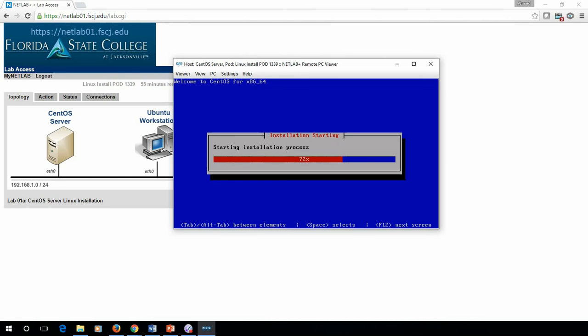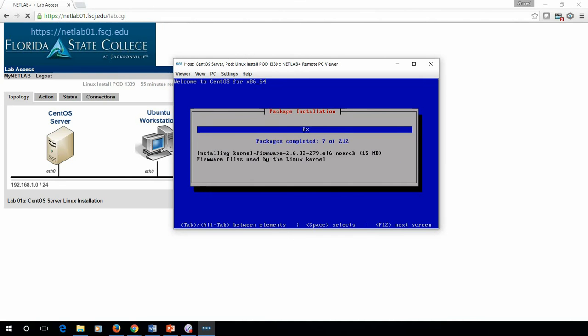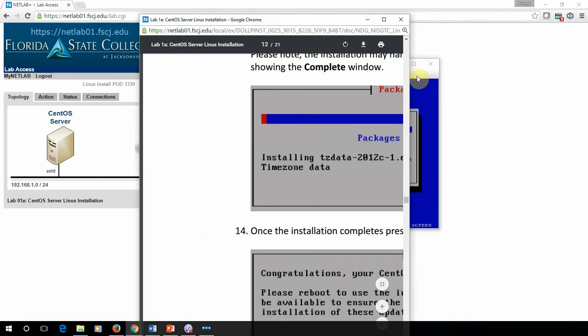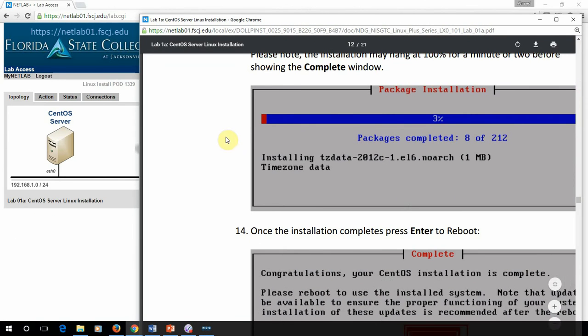Boom. It may take a few minutes to install. And it may stop on 100% for 1-2 minutes, so give it time. As we wait, we will do step number 14. We are right now on step number 13. As we can see over here, we are in step number